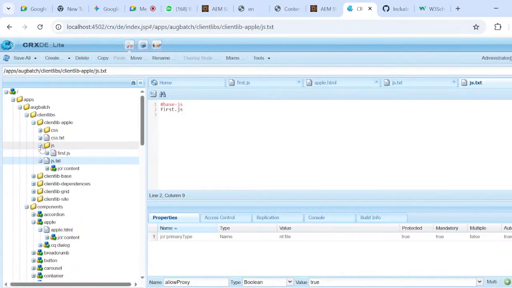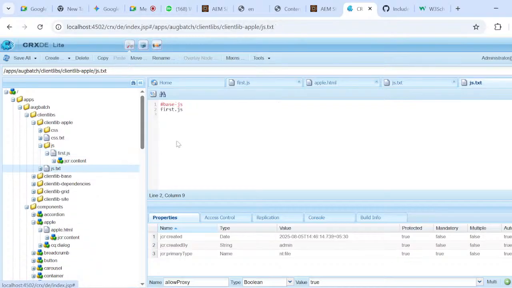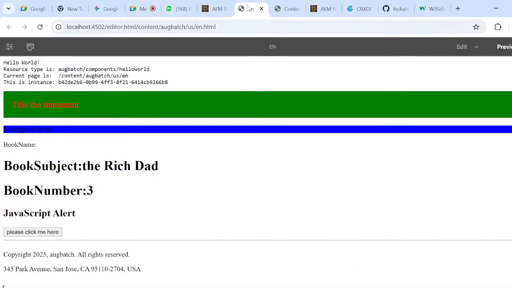First.js. Click on this js.txt. Hash base equal to js and first.js. Reload the page, and then